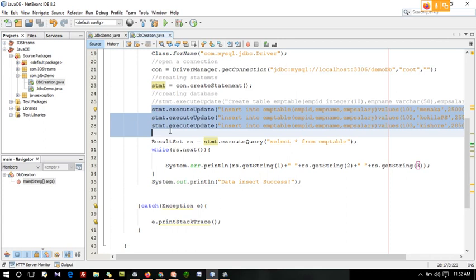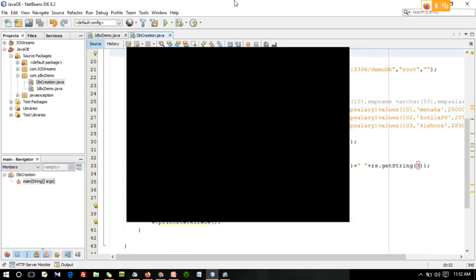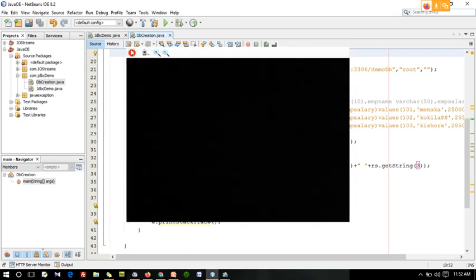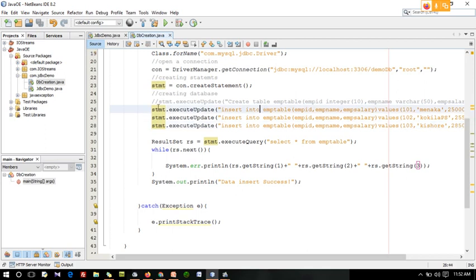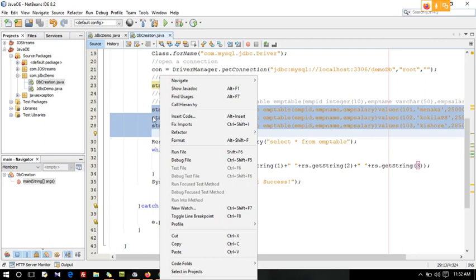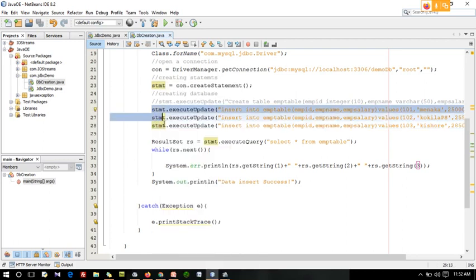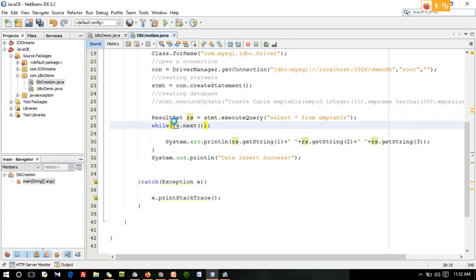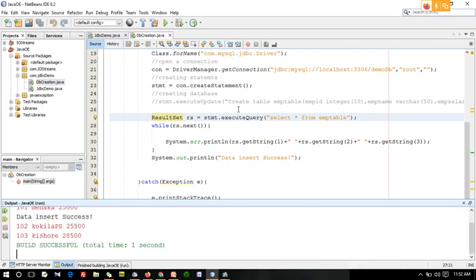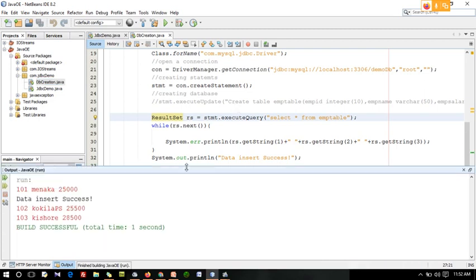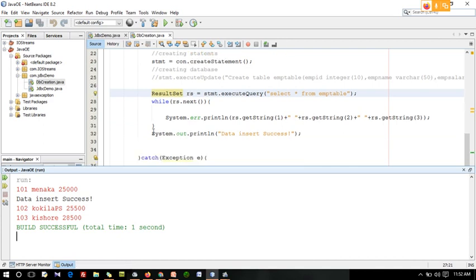So I am just commenting this, or else we'll remove this. Now execute this. See, I'm having the data here. I don't want this.